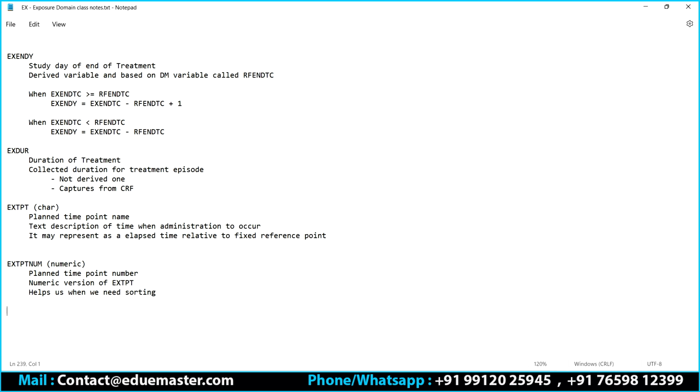Now you have one more thing, which is EXTPTREF, the same one with REF. The REF stands for your time point reference. The previous one is going to be a regular planned time point. This is going to be a time point reference. It is in a character format. What it is,